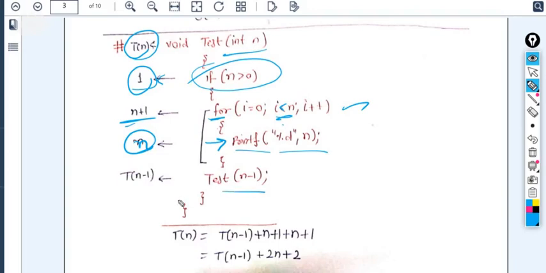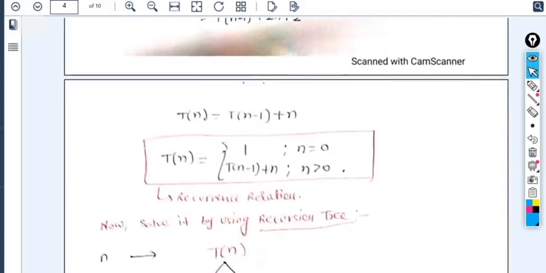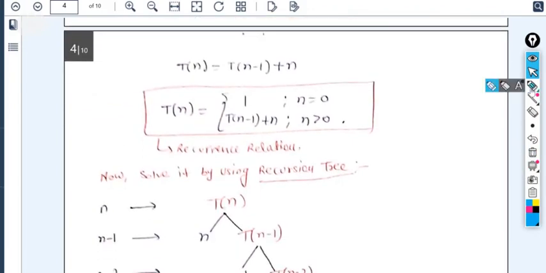Okay, so after that we have test(n minus 1) here. So now we have to calculate the total time taken. So we have to calculate the value of T(n) by combining all these values. So T(n) is equal to T(n minus 1) plus n plus n plus 1 plus 1. So now if we do the sum, n plus n becomes 2n, 1 plus 1 becomes 2. So it is the generalized form. Now we have to solve it in order to get the recurrence relation. So here it will become T(n) equals T(n minus 1) plus n.